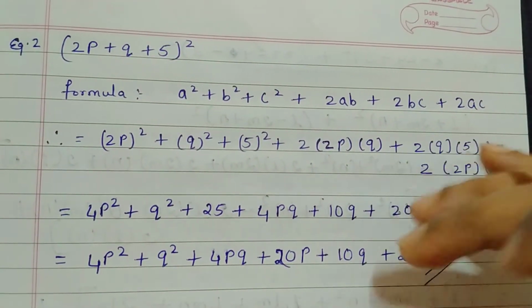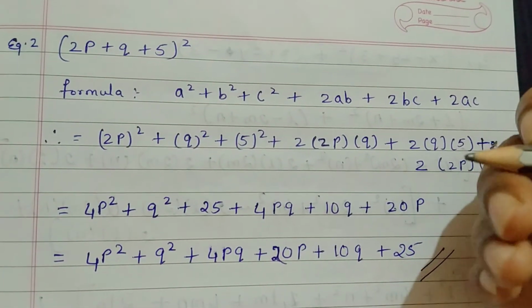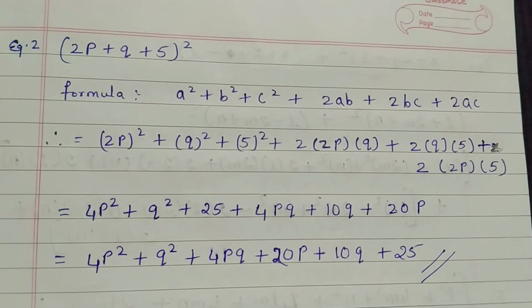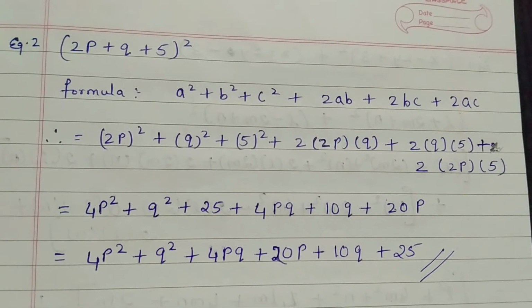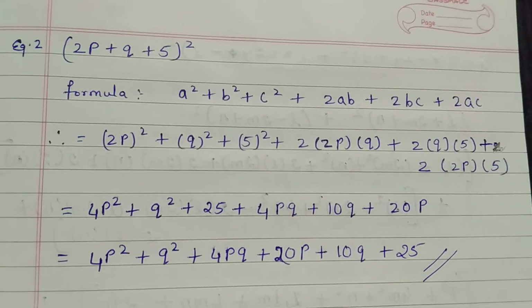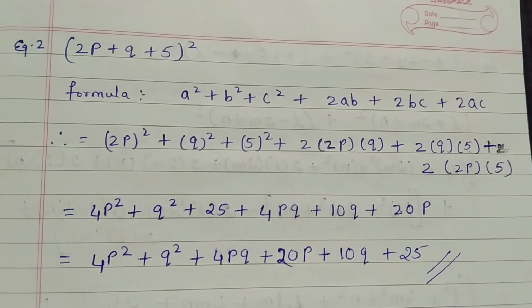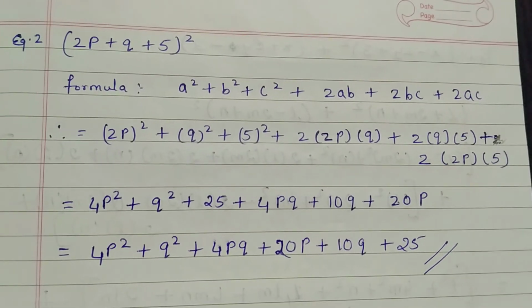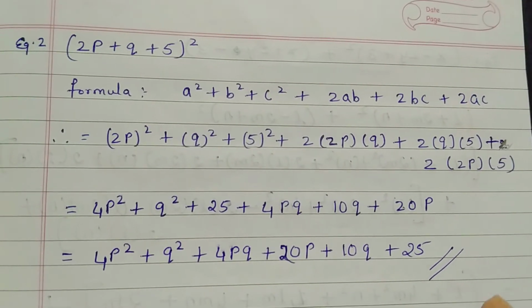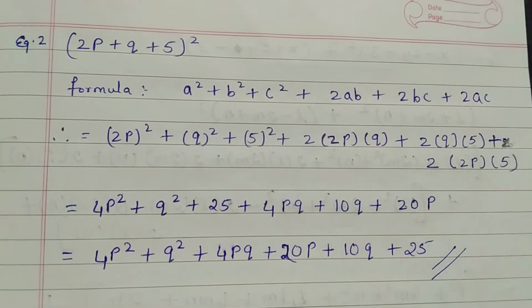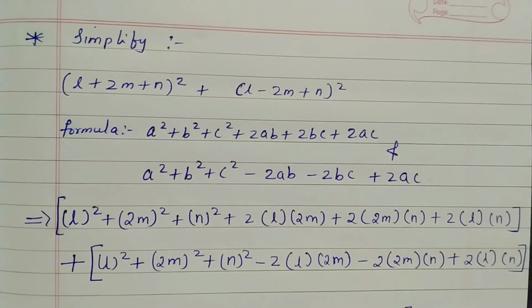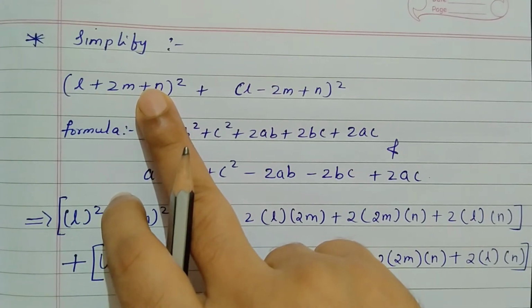Now we will move to some other simplification. Again, we did the last expansion form earlier, a combination of two groups. In one group it will be plus, and in the other group it will be a minus. So that we are going to see ahead. So now, simplification.